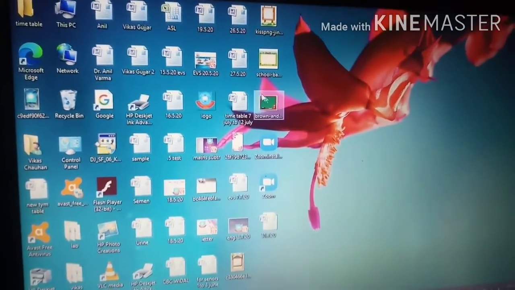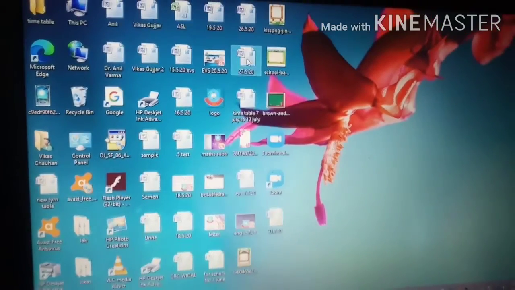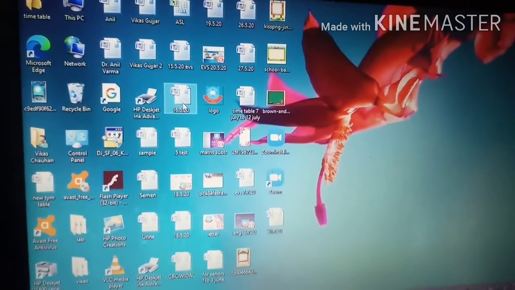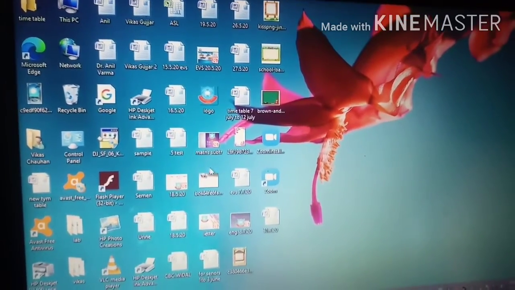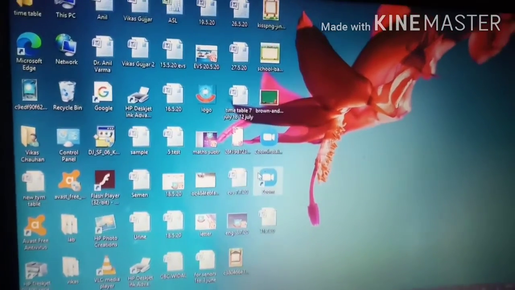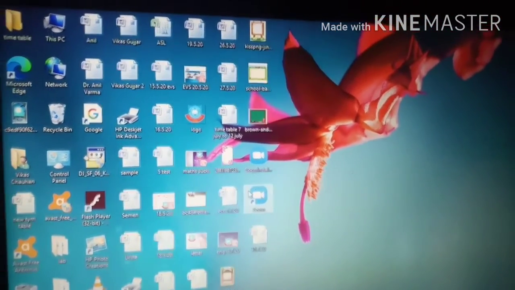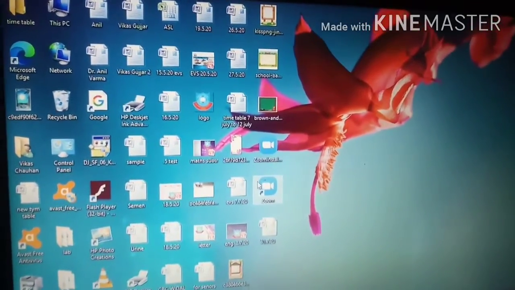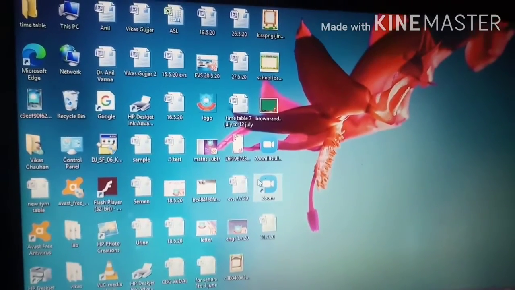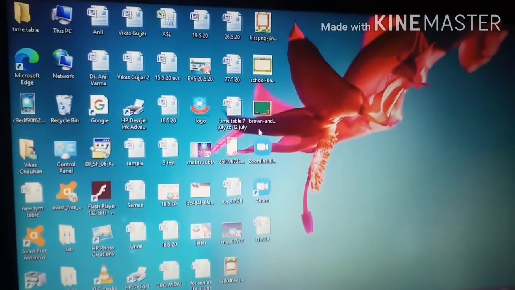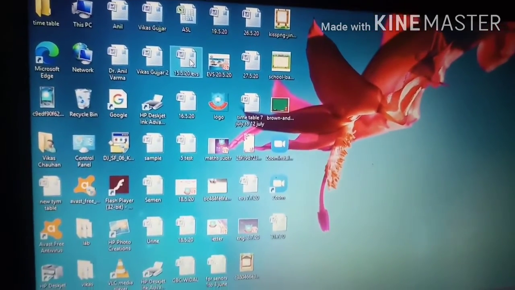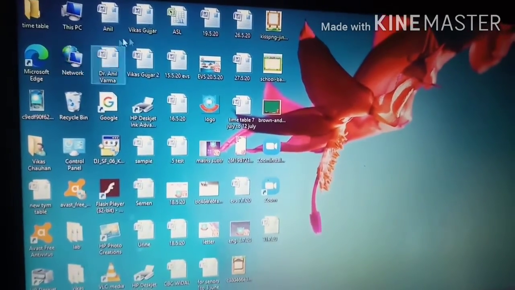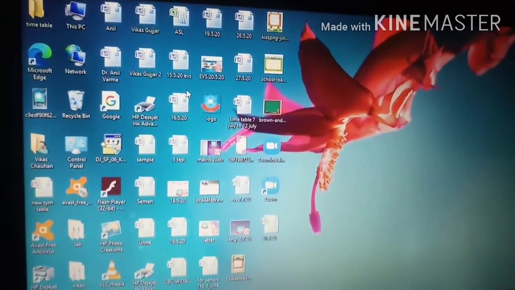But these small pictures or these small boxes are called icons. Like see here, this one and this one. So on the screen, on the windows, there are small icons and these are labeled. Labeled means the name is written on this. So these are called icons. See, if I am pointing, this is also an icon. So all these are icons on the computer screen.